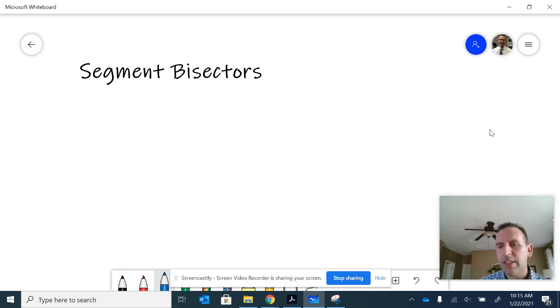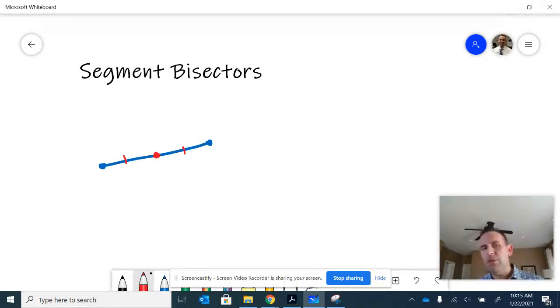Welcome to a lesson on segment bisectors. If we have a given segment, a bisector would be a line, a ray, or a segment that bisects, or cuts, this given segment in half. If we were to find the midpoint so that these two segments on each side were equivalent, a bisector itself